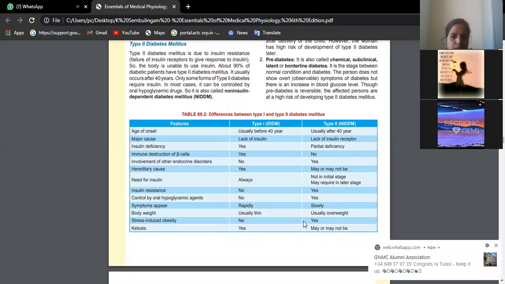Okay. So type 2 diabetes: people who are having a sedentary life and are obese, generally what happens is that insulin, though it is released, is still not sufficient to maintain the blood